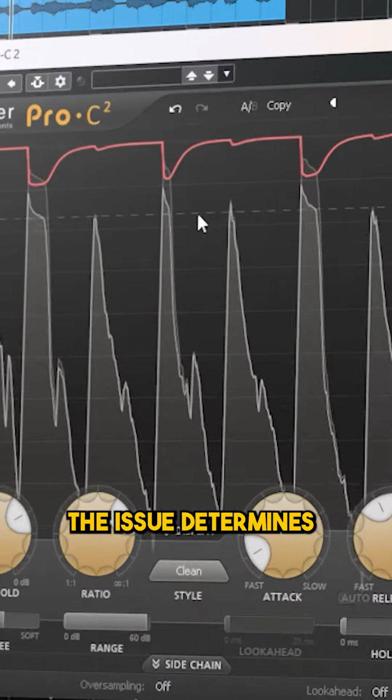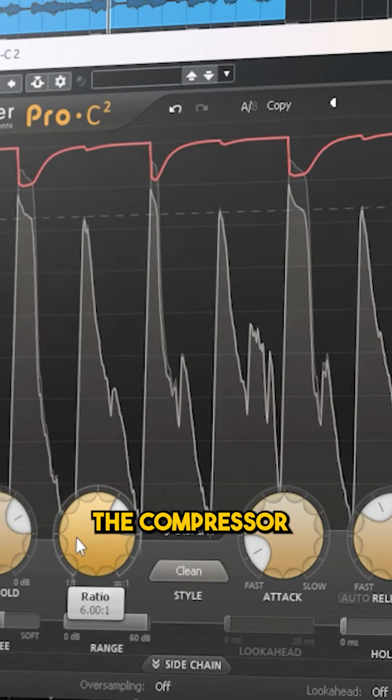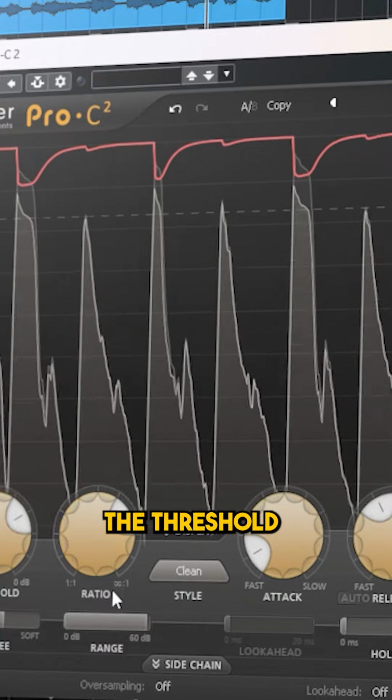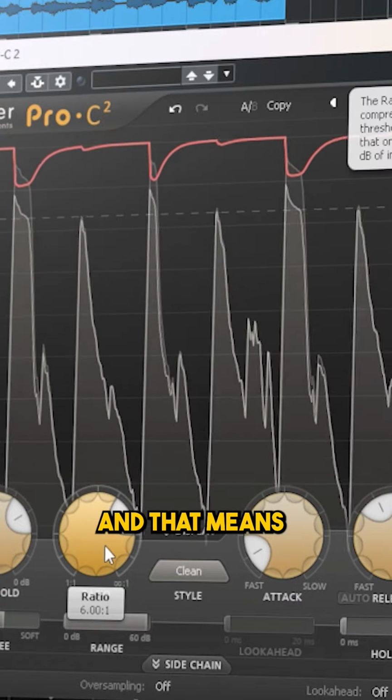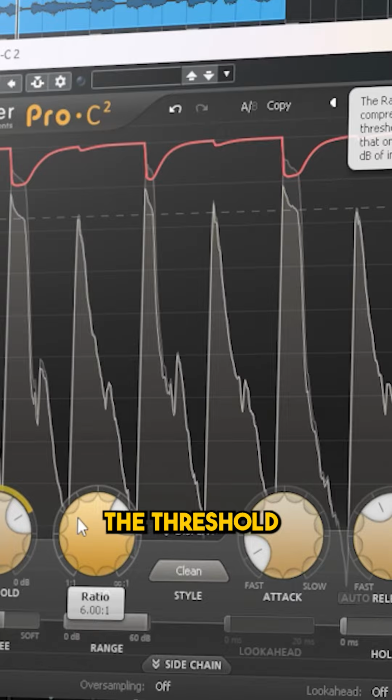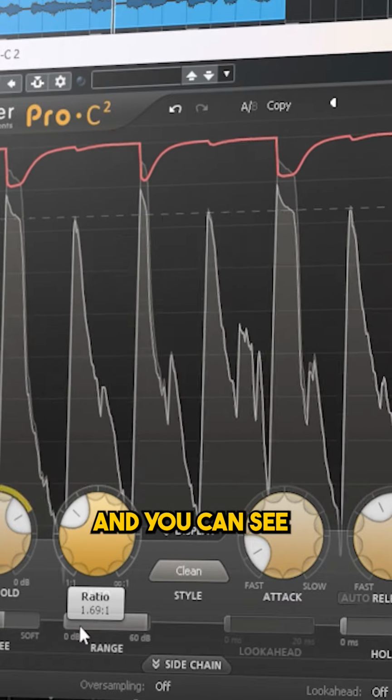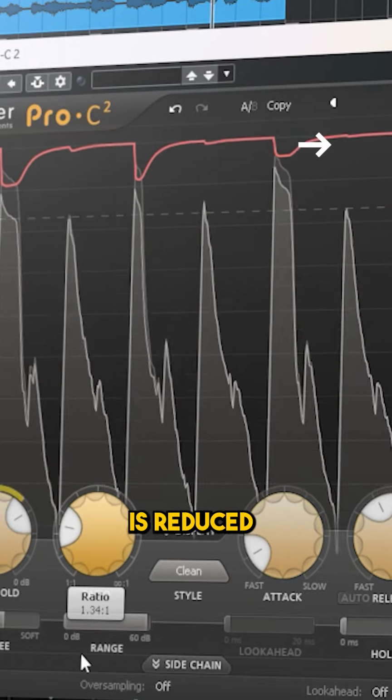Next is the ratio. The ratio determines how much gain reduction the compressor applies when the signal passes the threshold. So now it's set to 6:1, and that means for every 6 dB that passes the threshold, it will get reduced to 1 dB. And you can see when the ratio is reduced, the gain reduction is reduced, and vice